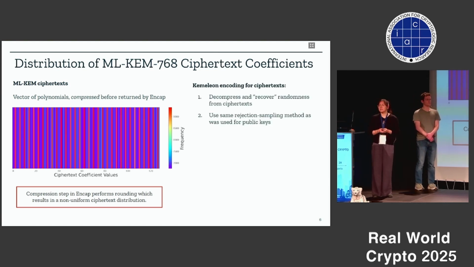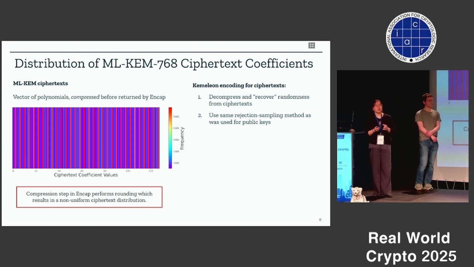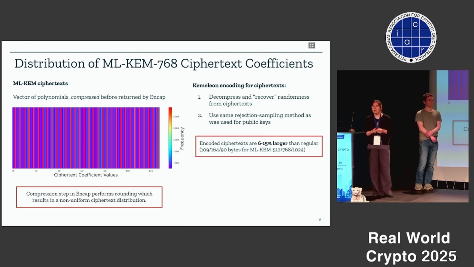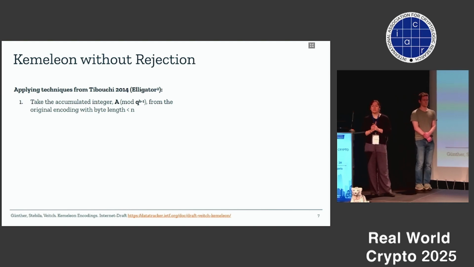To handle this, the Kemeleon encoding first undoes this compression. We just decompress and then artificially recover the randomness that was lost in this compression. Then we can use the same rejection sampling technique that we had for public keys. Because we have to decompress, we end up with ciphertexts that are 6 to 15% larger than standard ML-KEM ciphertexts. So that gives us our Kemeleon encoding algorithms with rejection sampling, but we also have a variant without rejection